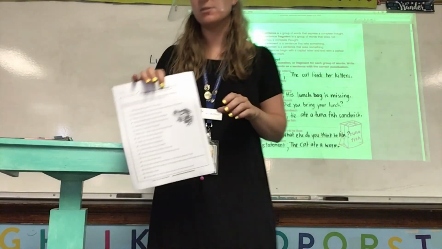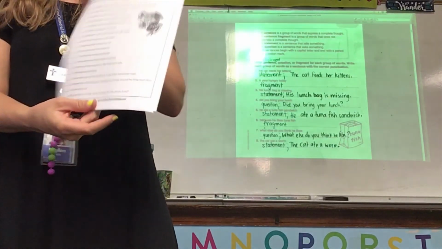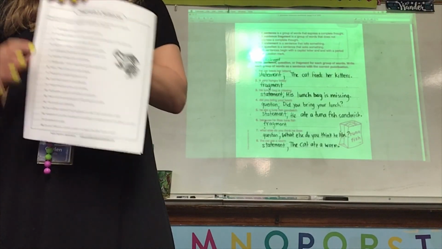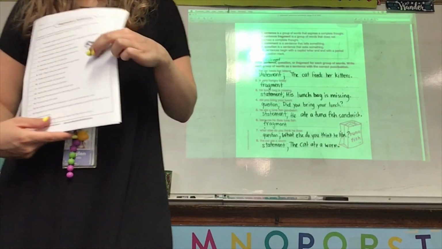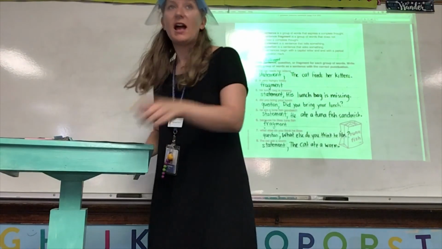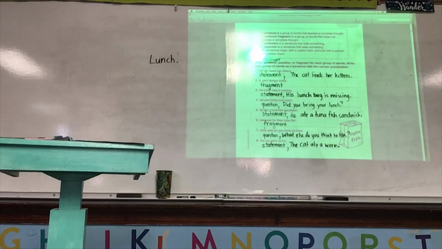So watch out for those. Okay, go ahead and do that. If it's a sentence, you write the letter S on the line. If it's a fragment, you write the letter F. If you finish in 10 minutes, if you were at school, turn it into the black tray with orange border that says